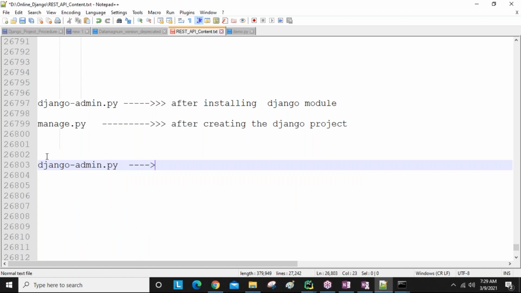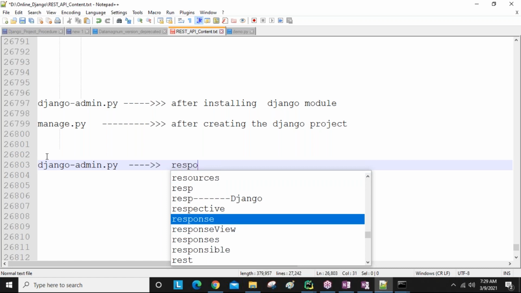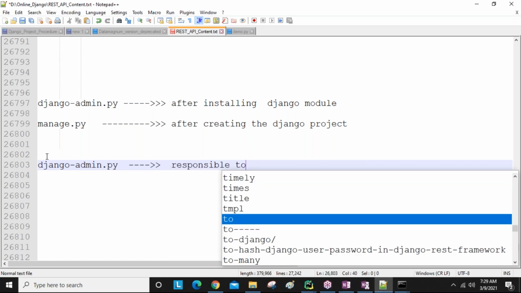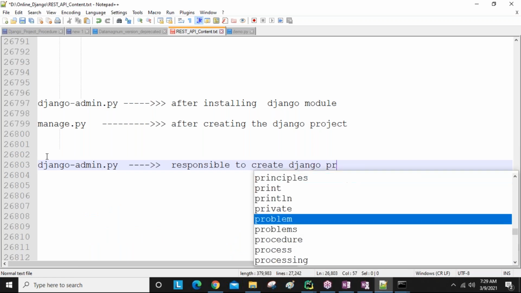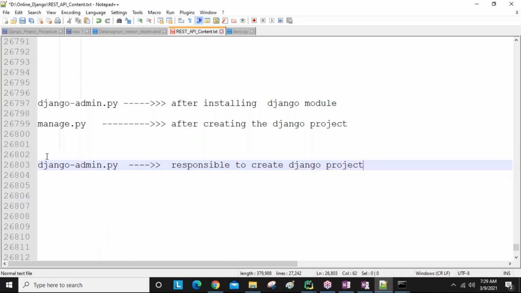This file is responsible for creating the Django project.